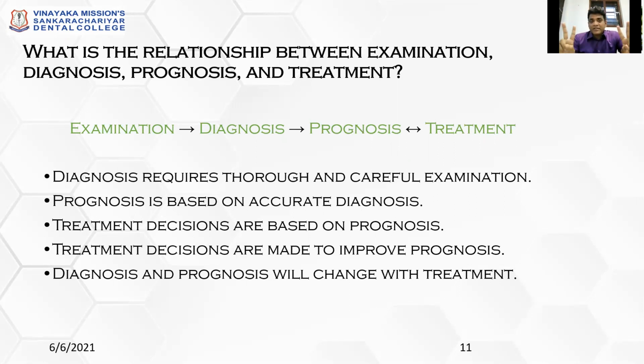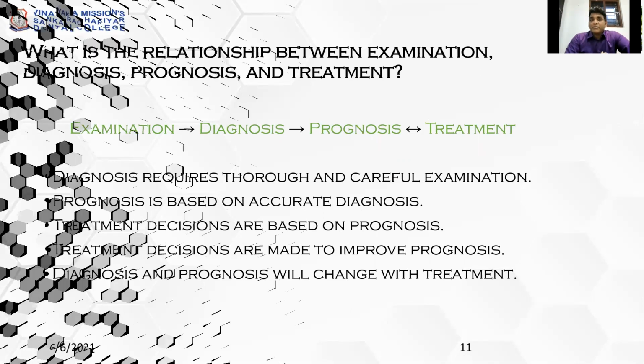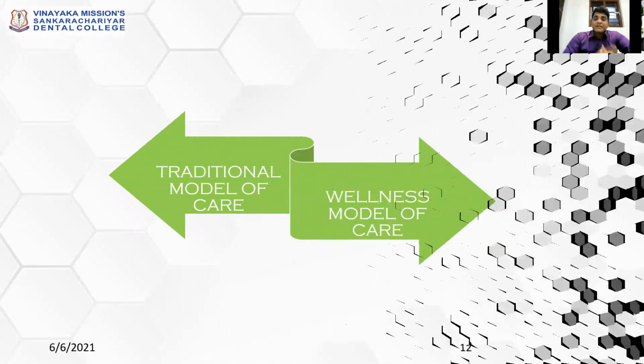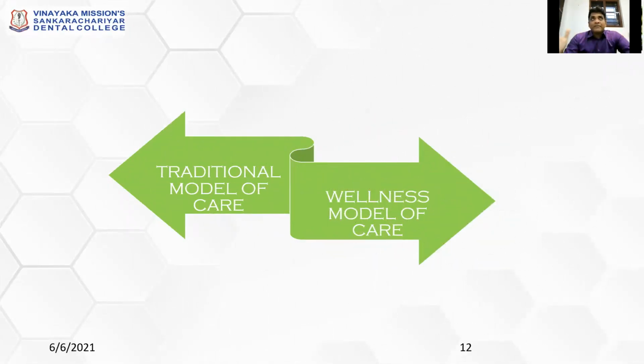So the diagnosis and prognosis will change in the course of the treatment. As I said, the initial diagnosis would be a provisional diagnosis, and prognosis also depends upon the patient, how the patient is going to respond to your treatment at regular re-evaluation visits. So the diagnosis and prognosis will tend to change during the course of the management. So that's the difference, my friends.